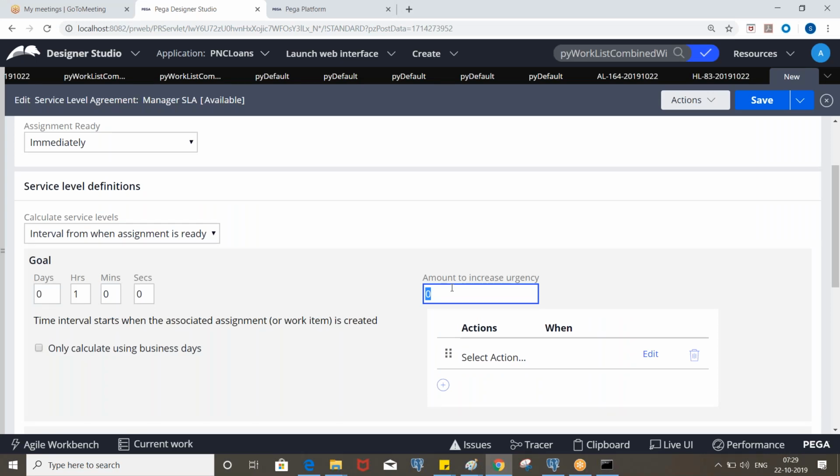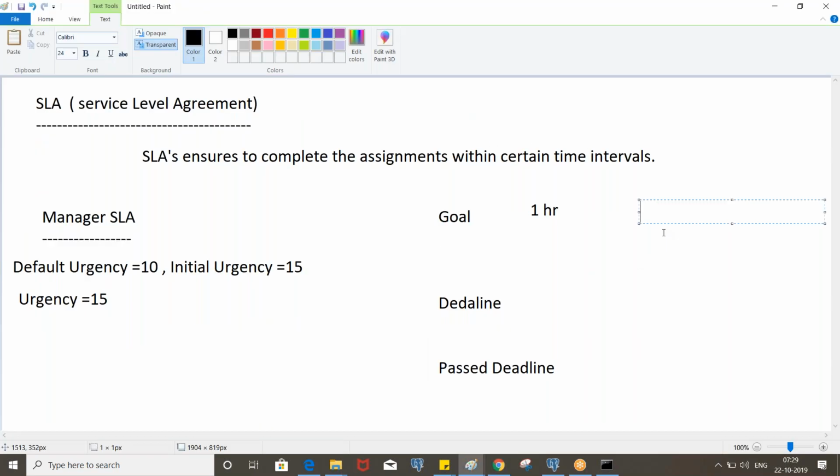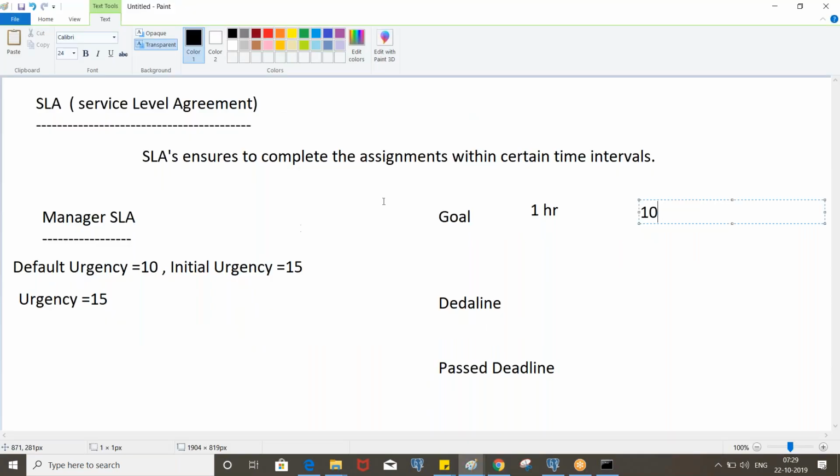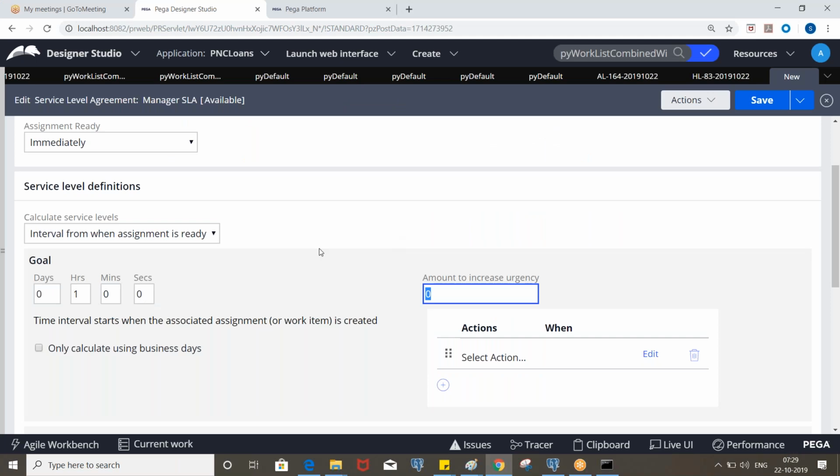Okay. So let's say goal urgency is 10. That means, let's say the assignment is created at 9 o'clock in the morning and goal time is 1 hour. That means if the manager doesn't take any action by 10 o'clock, the urgency will be incremented by 10.